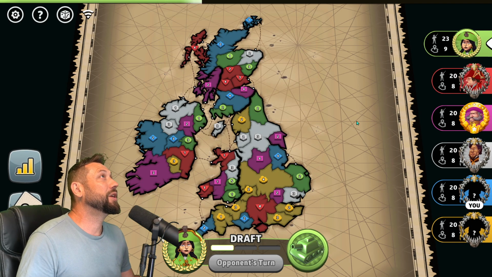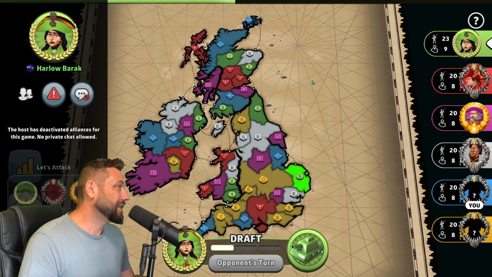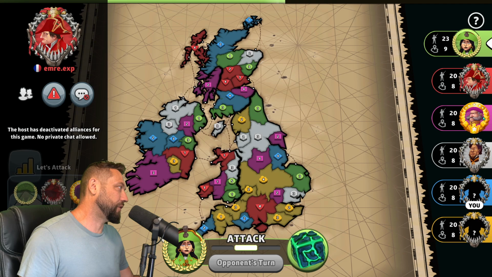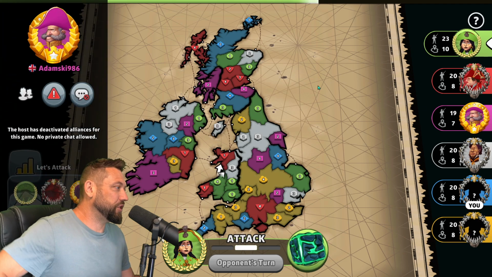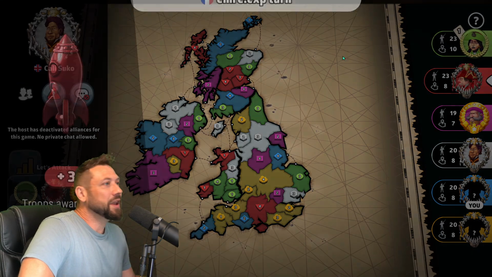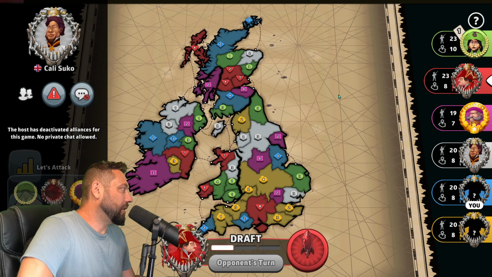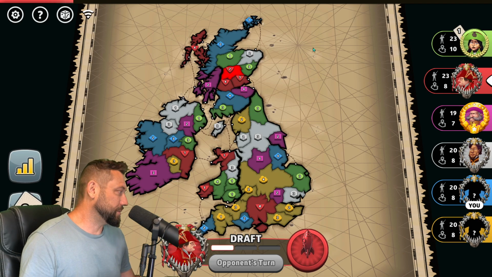I'm in position 5 of 6. In the first seat, the green player is Harlow Barak, flying the flag of the Falkland Islands. In the second position, the red player is Emery.exp from France. In the third position is Damsky, I-986 from the United Kingdom, playing as magenta. In the fourth position is Kali Suko, also from the UK, playing as white. I'm in position 5, playing as blue. And finally, Mr. Iron, the yellow player in the ultimate seat,